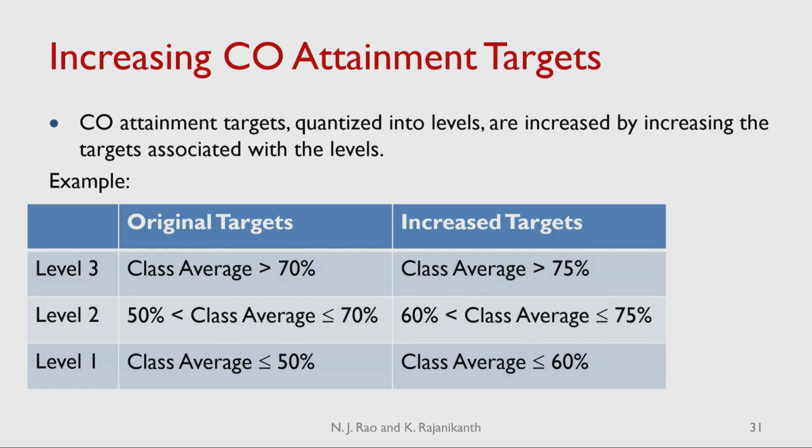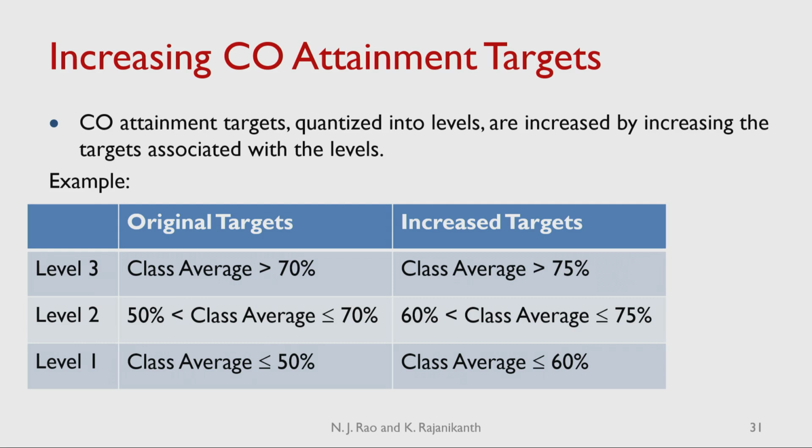Increasing the CO attainment targets when they are quantized can be slightly different. If the target is specified as an absolute percentage, increasing the target would simply mean increasing the number. If the original target was 70%, increasing the target would mean, for example, raising it to 75%. But when it is quantized, we increase the target by making the bounds tighter, increasing the targets associated with the